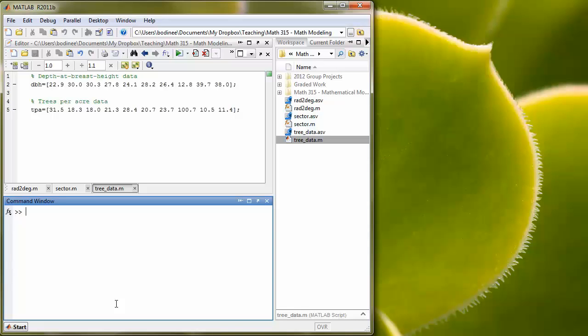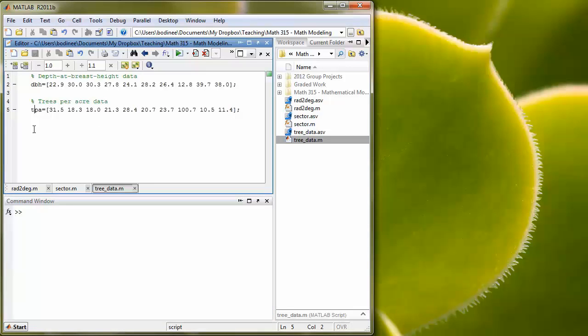In this video, we are going to create a graph of the tree data. At this point, make sure you have your tree data script file open, as we do here. Alright, we're going to start by adding a plot command in the script after we have created the DBH and TPA